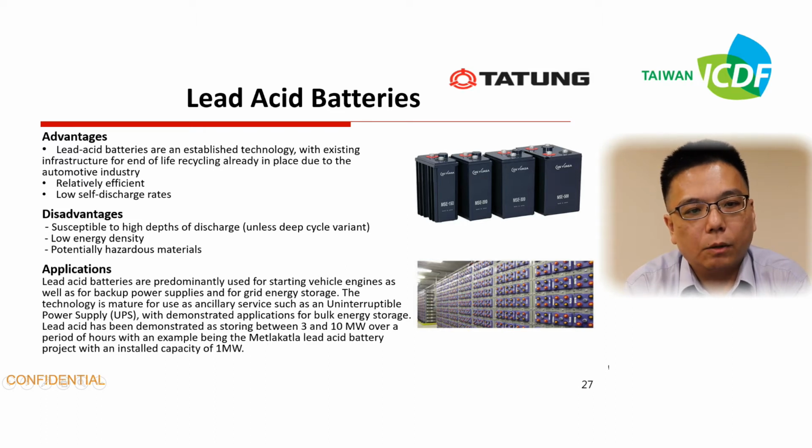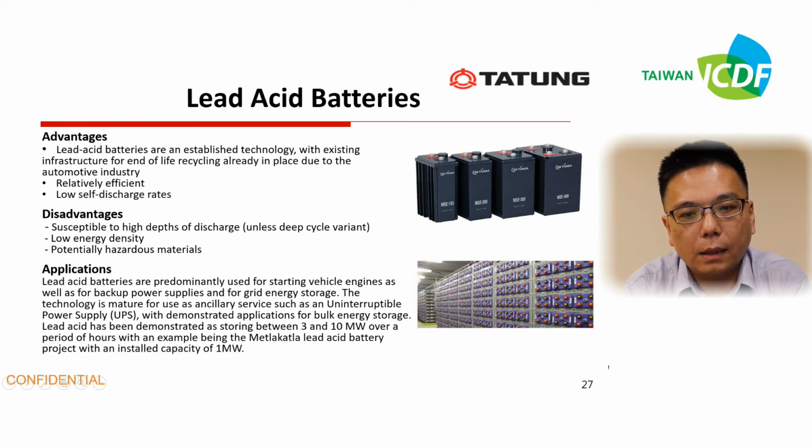The technology is used for ancillary services such as UPS, uninterrupted power supply, with demonstration applications for bulk energy storage systems. The lead acid battery demonstrates storage between 3 to 10 megawatt over a period of an hour, with the example being